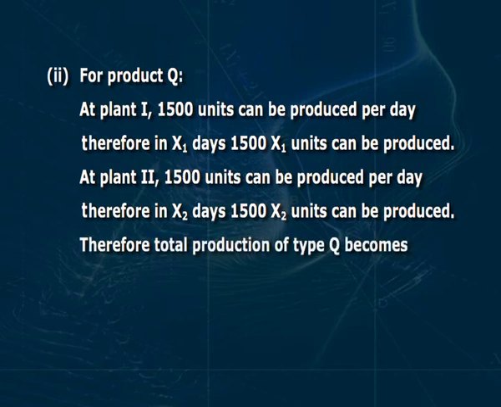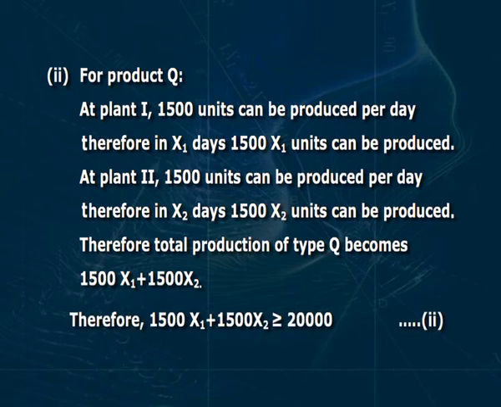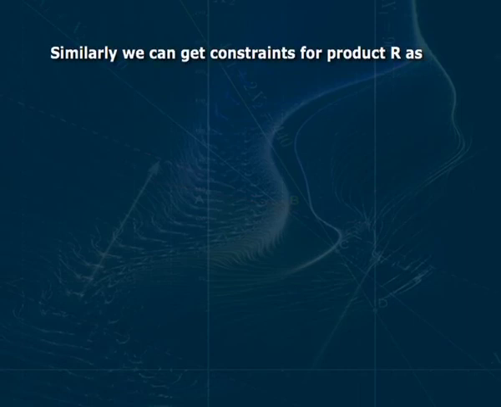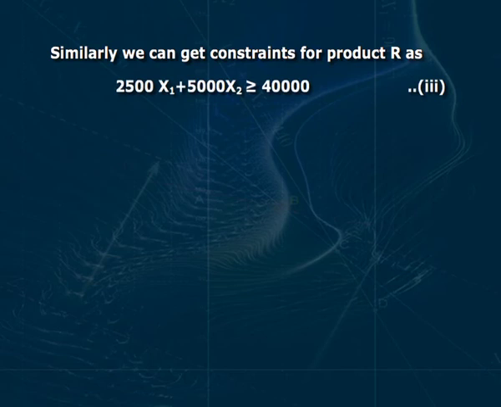Therefore, total production of type Q becomes 1500 x1 plus 1500 x2, and therefore the constraint becomes 1500 x1 plus 1500 x2 greater than or equal to 20,000. Constraint number 2. Similarly, we can get the constraint for product R as 2500 x1 plus 5000 x2 greater than or equal to 40,000,